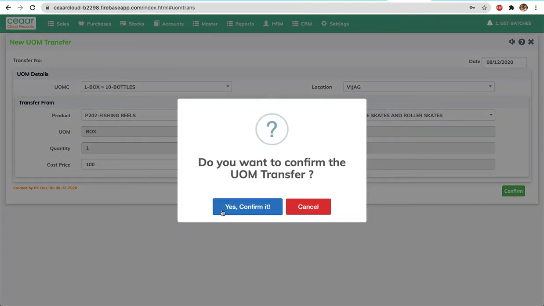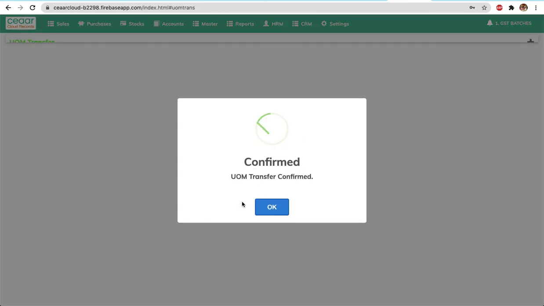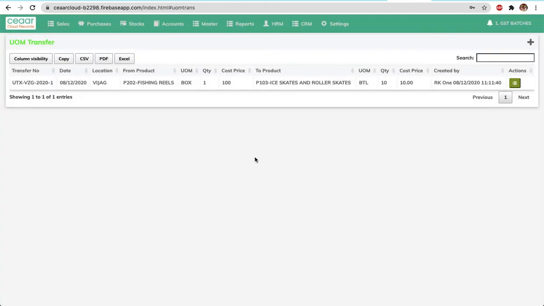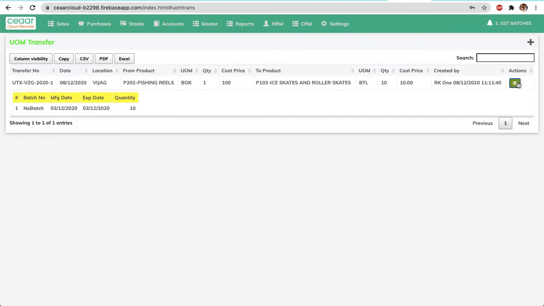So what happens is now the stock in this product reduces by one quantity. The stock in this second product increases by 10 quantity. Okay. You can see all the information.